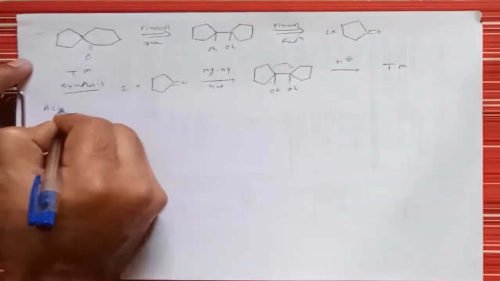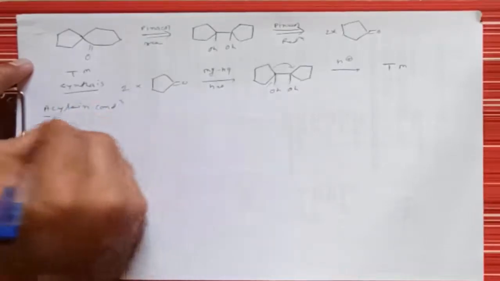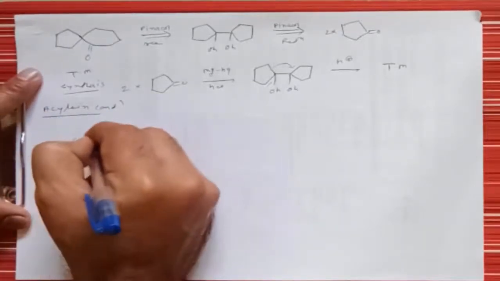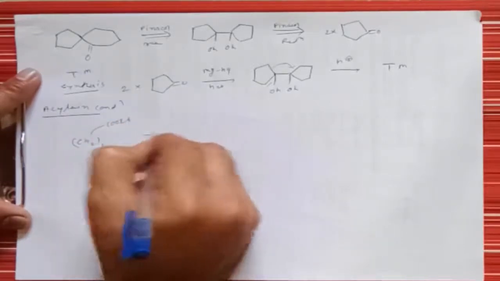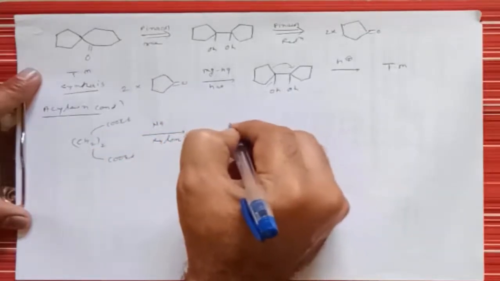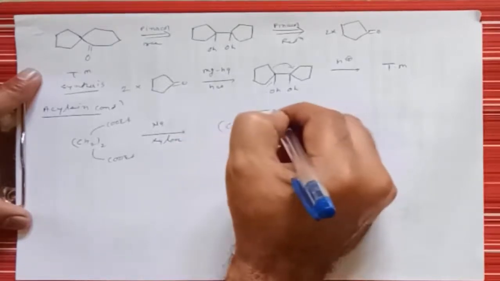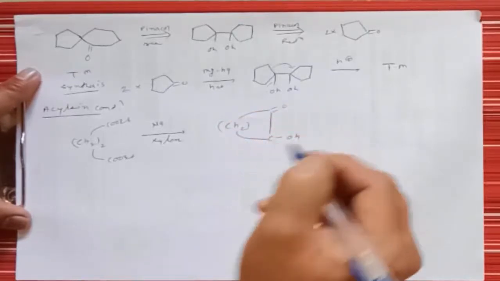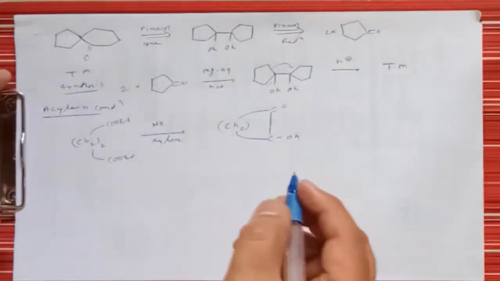Then there is one more reaction that is called the Acyloin condensation. In Acyloin condensation, if there is an ester, COOEt, if we treat this molecule with sodium in presence of xylene, what does it give? It gives formation of an alpha hydroxy ketone compound. So this alpha hydroxy ketone compound can also be prepared by using this Acyloin reaction.